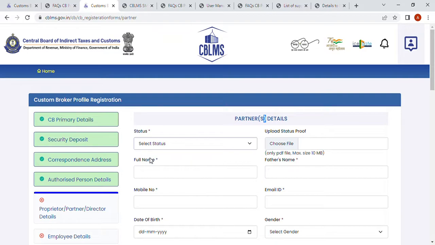Under the partner details, the details of whom we are entering, first of all it asks for the status, as in whether the partner whose details we are filling up is active or inactive. So we'll select active partner and upload the status proof, as in whether he is active or not. Then you need to enter the full name. So I enter the name, then the father's name of the particular partner, mobile number,